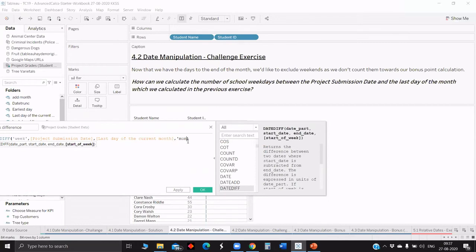That's the need they are given, they are asking for the number of weekdays between project submission and last day of month, right? So I think we need to use weekday in the other date part. No, according to Swap, he has given an approach of finding the number of weeks. So if we find the number of weeks, we have 2 days and we can just multiply by 2 and subtract.